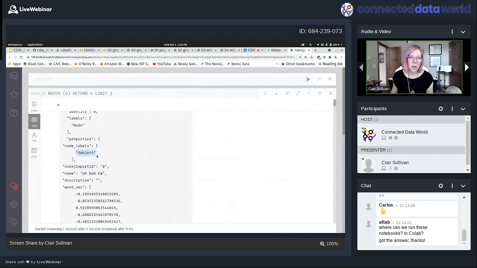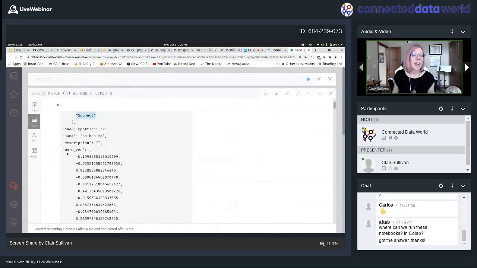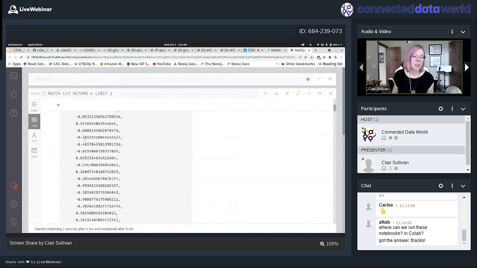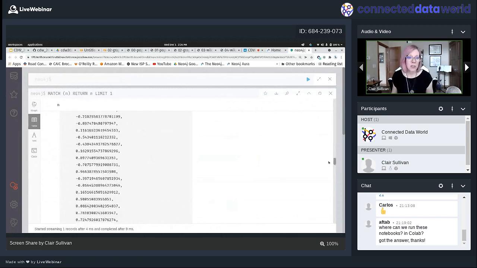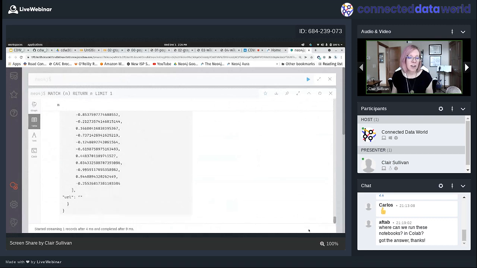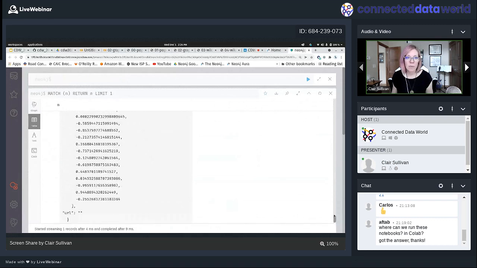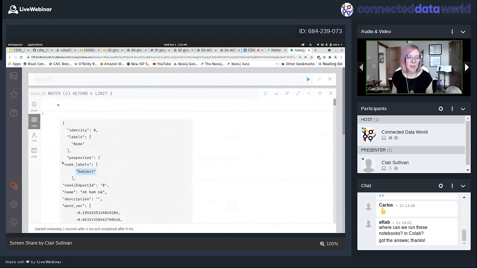I have a node label of subject, which is just what I gave the query, you know, you can call it whatever you want. I have my word vectors. I made those word vectors 300 dimensional. So let's get to the bottom here. I have no URL. Okay, so each of my nodes is going to look like that with all of their node properties.